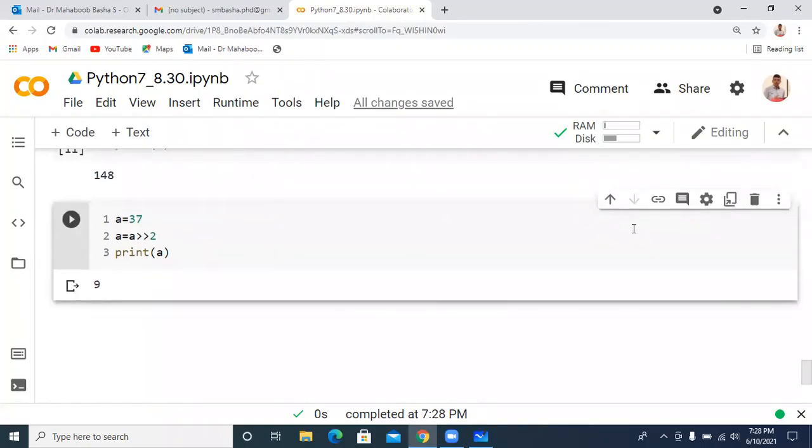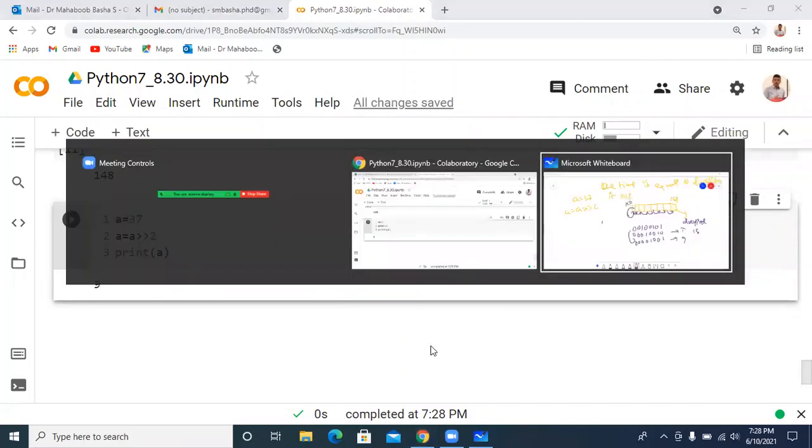That's about bitwise operators. We have completed all the bitwise operators. If any doubt is there, I'll take it in the end. So that is about bitwise operators. Next, we'll see